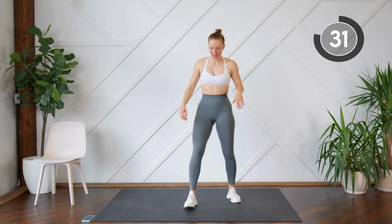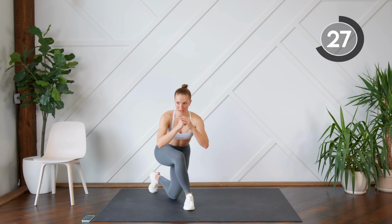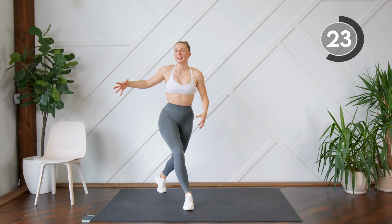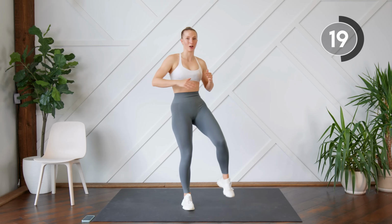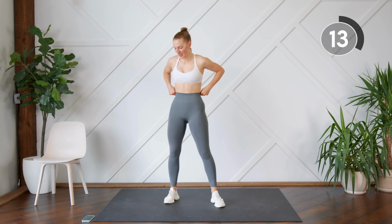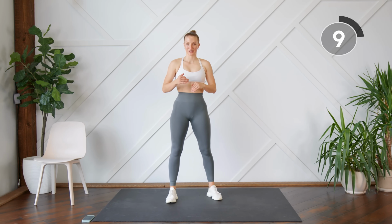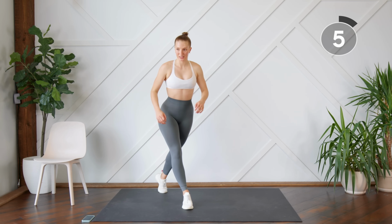So you're gonna do a curtsy lunge. We're gonna do one side at a time. So curtsy lunge, then from here, you're gonna use that core, you're gonna use that stability on the supporting leg, and you're gonna reach for opposite toe or reach for opposite knee. So you're gonna really feel that core working. So we're gonna do 45 seconds on one side, then without a rest in between, we're gonna do the other side. So find this lunge first,